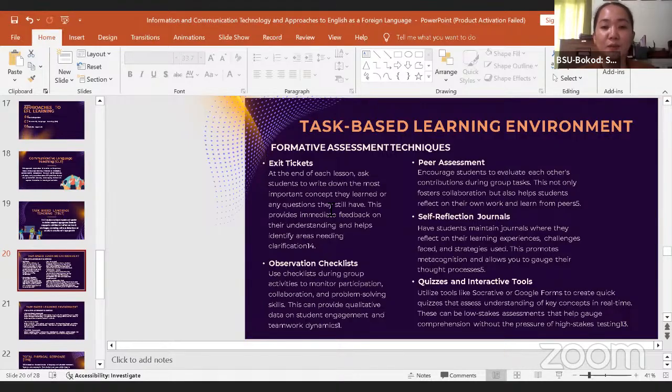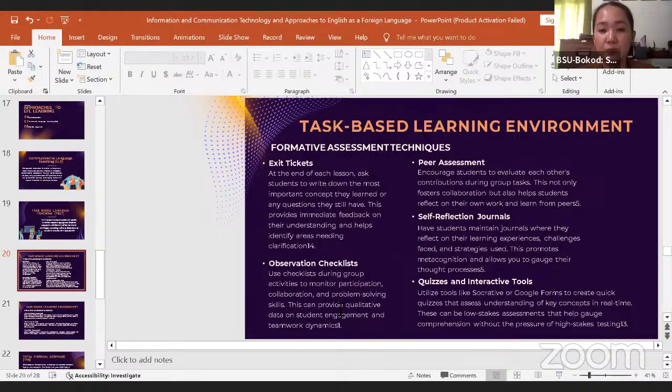Okay, so that would be the exit ticket after we give them the task. So with that, it will also provide immediate feedback on their understanding, and will really help areas of clarification.